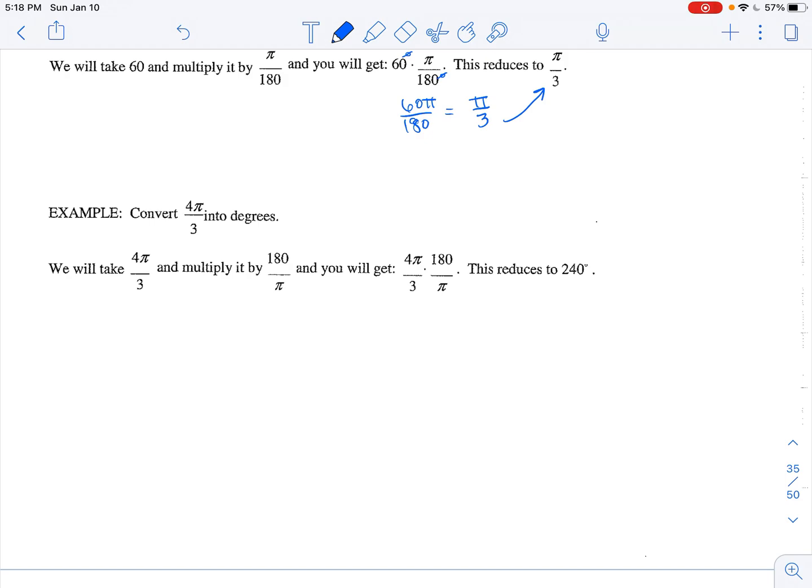When we convert 4 pi over 3 into degrees, we want the pi to cancel. When you multiply it by 180 over pi, our pi's cancel. Multiply straight across, so 4 times 180, I believe that's 720, divided by 3, and if we divide 720 by 3, let's just check their work, that goes in twice, and that does